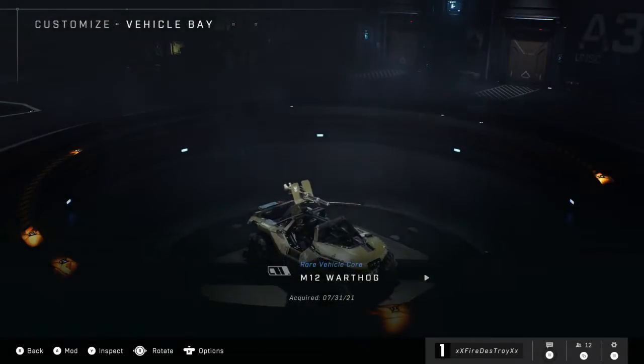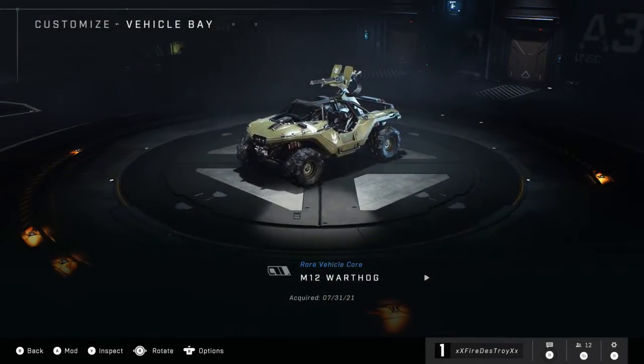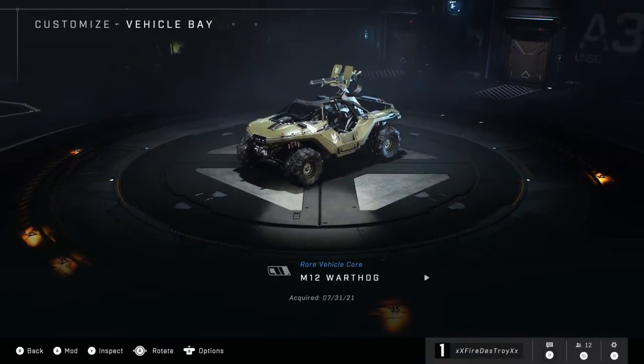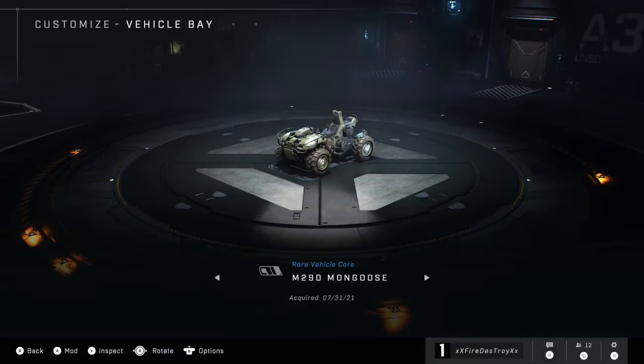Vehicle bay. As expected, this will show you all the vehicles you've got unlocked. I haven't actually had a chance to drive any of the vehicles in the game yet, but so far, and yes, you can change the paint. We've got the M12 Warthog, the M290 Mongoose,